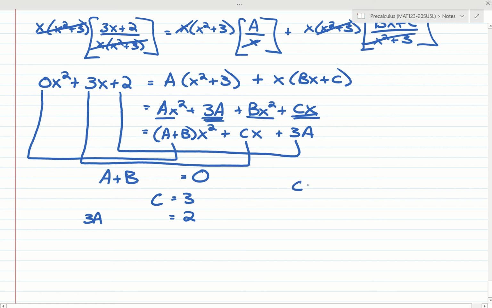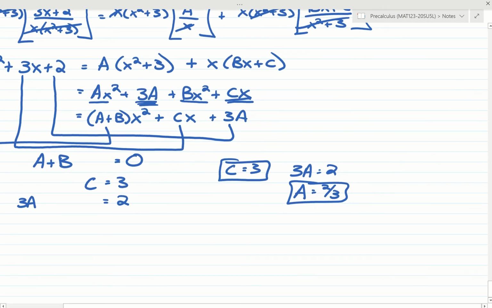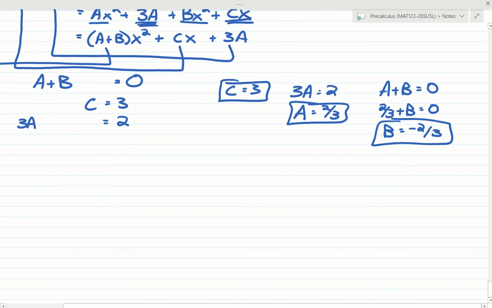Okay, well, we know definitely c is equal to 3. We know that 3a is equal to 2, so that means a is 2/3. And if we know a is 2/3, if a plus b is 0 and a is 2/3, b would have to be negative 2/3. Okay, so let's go ahead and write our final answer. So the final answer would be 3x plus 2 over x to the third plus 3x is equal to